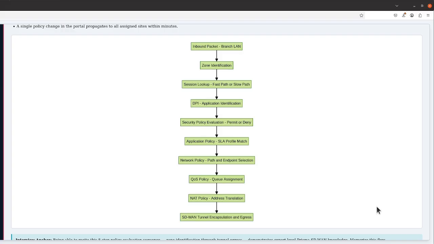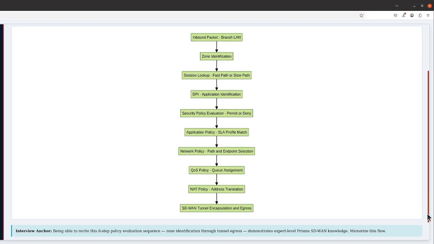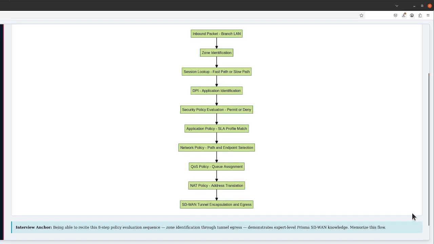The 5 major policy types you need to master are: network policy, which controls path selection and WAN transport assignment; application policy, which defines per application SLA requirements and routing preferences; security policy, which controls what traffic is permitted between zones; QoS policy, which governs bandwidth allocation and queue prioritization; and NAT policy, which handles network address translation for both inbound and outbound traffic. Understanding how these 5 policy types stack on top of each other and in what order